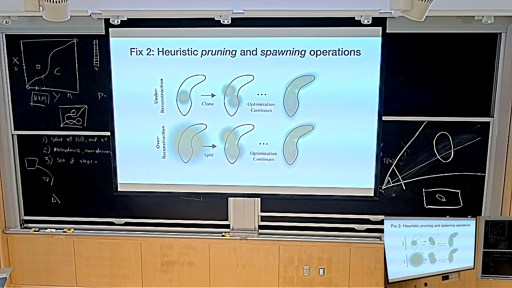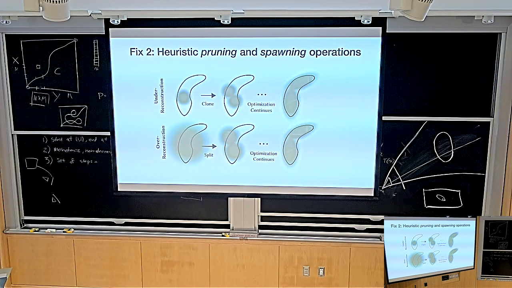And what is the heuristic going to do? It's going to take all the Gaussians that have their density set to 0, that are transparent, and throw them away. Done. Don't need them anymore. And then it's using some criterion to say this is a part of space that we have underexplained. We have a big Gaussian that is trying to explain a big image feature. We're going to split that Gaussian into two. Or you have spaces where there's too many Gaussians, and at those points you're going to merge them.